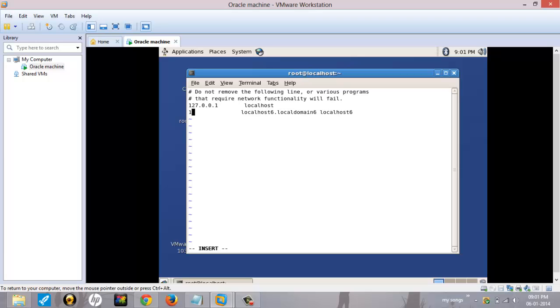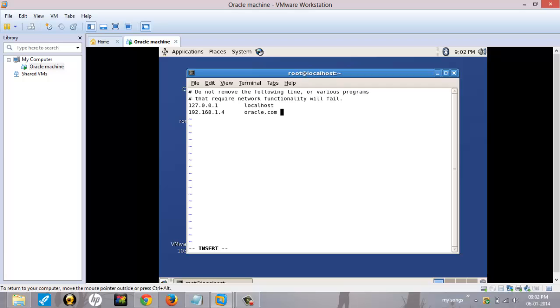Since we have this particular network, 192.168.1, you can use any IP address in the last octet. So I'm taking the IP address 4. Here, this is nothing but what we call the domain name for your machine, like a host name you can say. You can mention any name over here, like